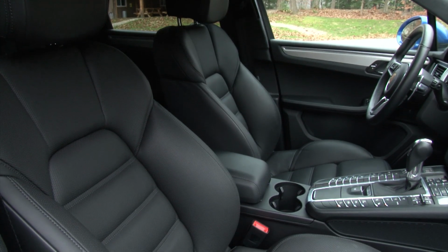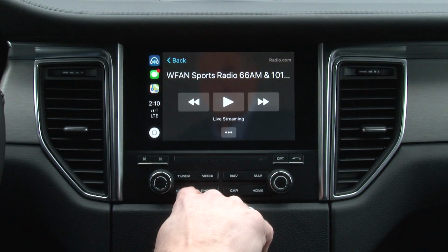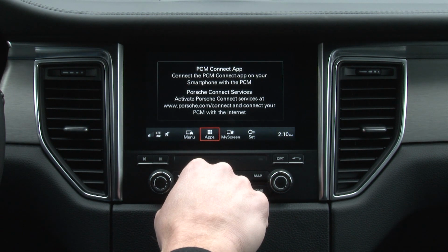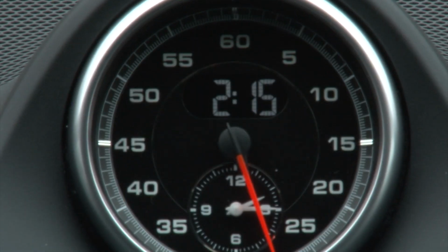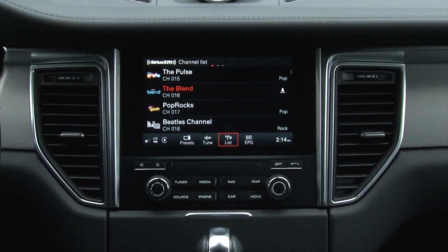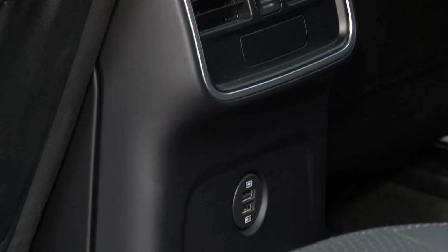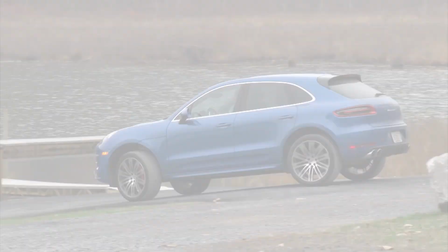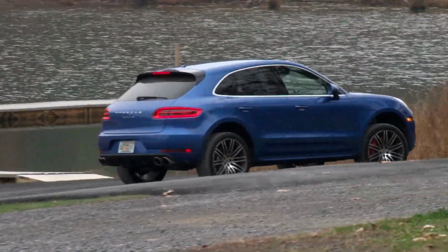The 18-way adaptive sports seats hug your body reassuringly and with comfort. The VW infotainment system with Apple CarPlay is simple but likable, and items like heated and cooled seats, a heated steering wheel, and 14-speaker Bose surround sound system are highlights. There is analog temperature control, 2 USB ports, and manual sunshades, but no heated seats, and the rear legroom is pretty tight. This sapphire blue example is a beauty which turned heads all week,